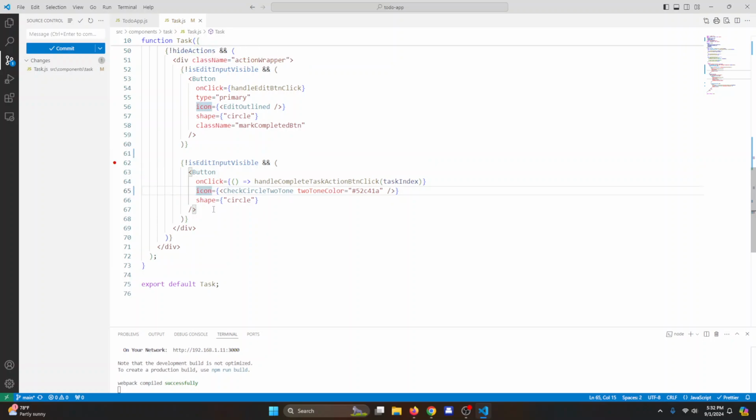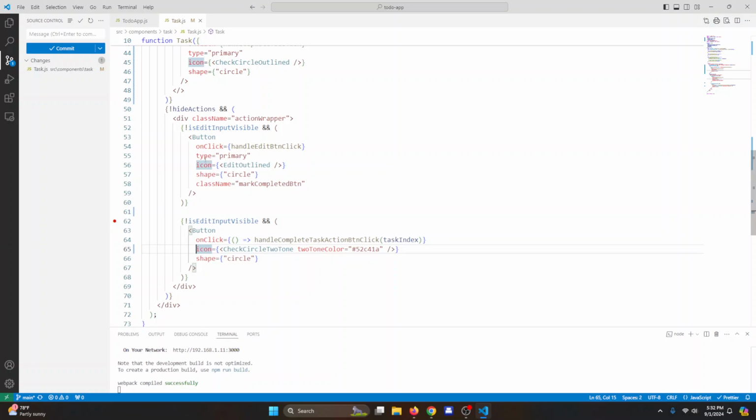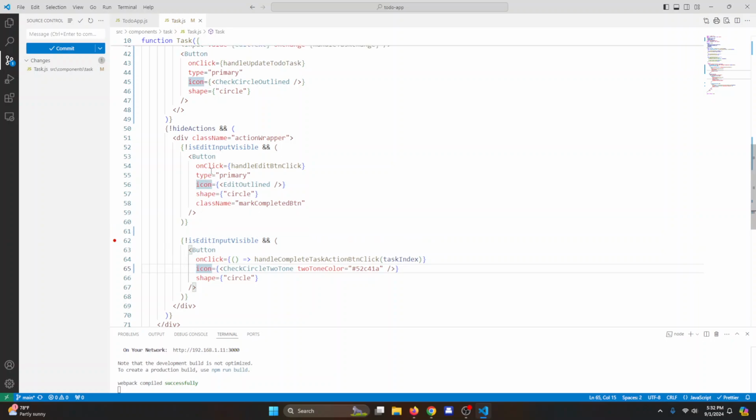So first of all, here on this button, what we want to do is, whenever these two buttons are appearing, I want to put some gap between those buttons. So this is for handle complete task and handle edit button click, right? So let's, okay, mark completed button, and this is for,